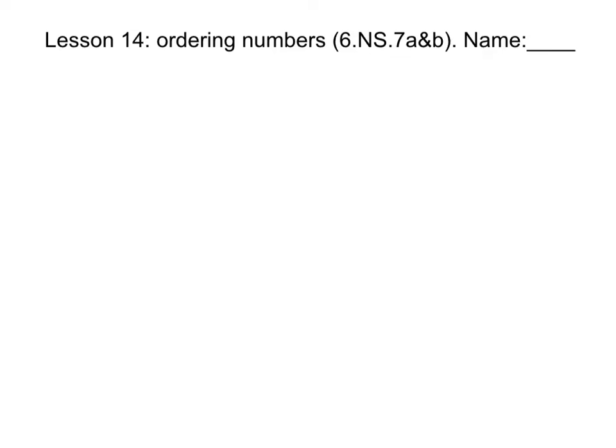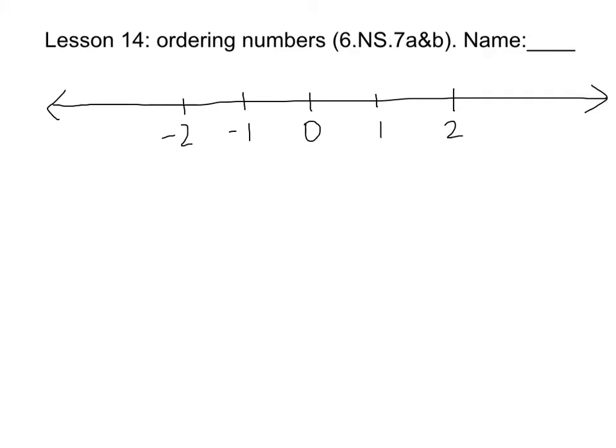Lesson 14 is ordering numbers on a number line. That is Common Core Standard 6.NS.7a and b. Go ahead and put the title on your page as well as your name, and push start when you're ready to begin. So this lesson is just helping us recognize which numbers are bigger compared to other numbers and